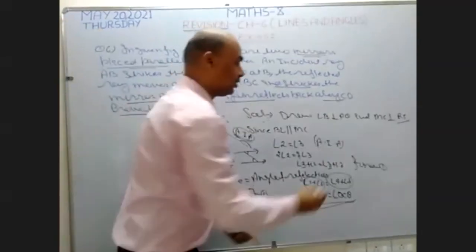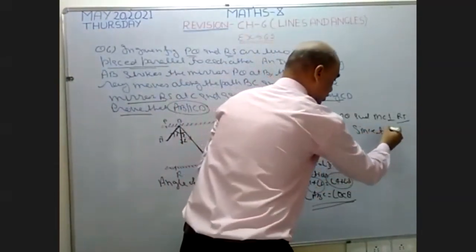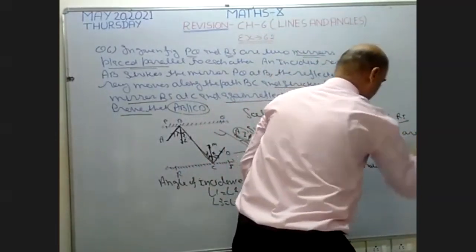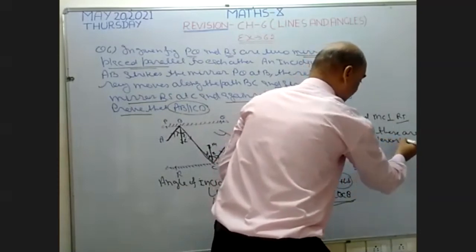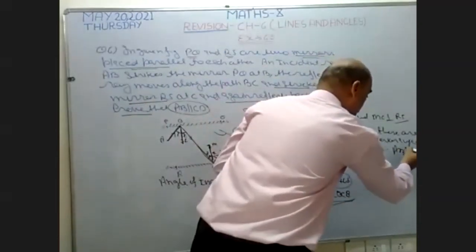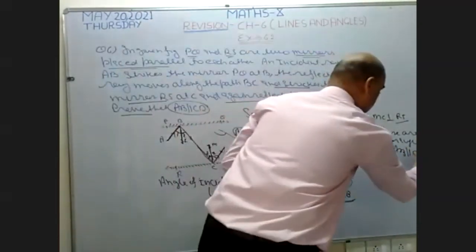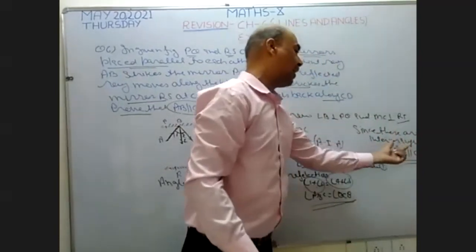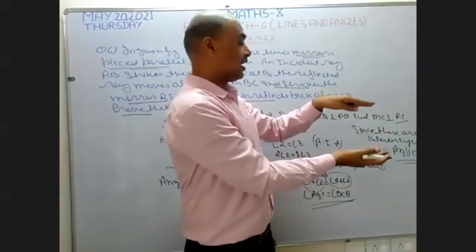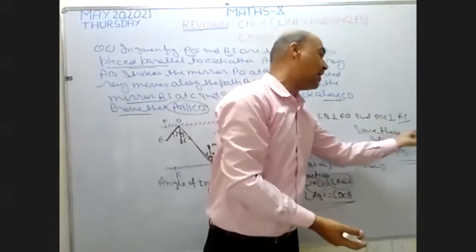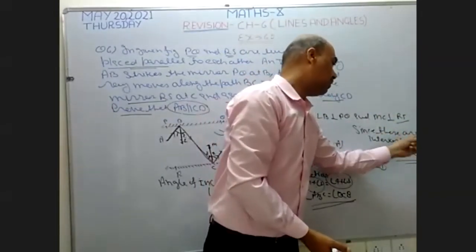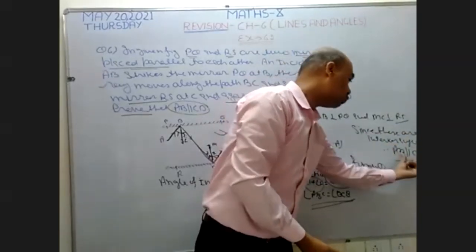So you have to write: since these are alternate interior angles, therefore line AB is parallel to line CD. This is the reason: because they are alternate interior angles, and we know that these alternate angles are made between two parallel lines. If two parallel lines are there, then the possibility is there they are going to make alternate angles, corresponding angles, and co-interior angles. Okay, beta? I proved that these are alternate angles. Since these are alternate angles, therefore these two lines become parallel.